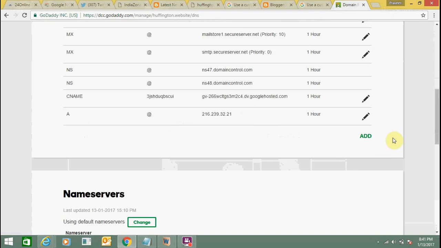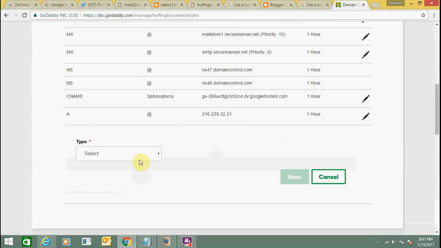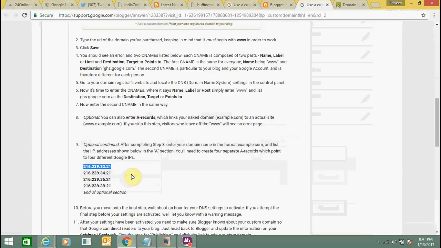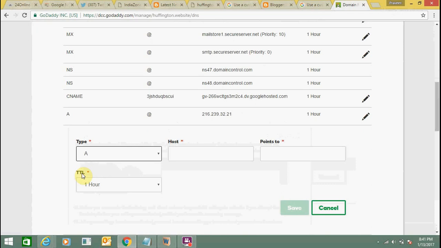Click on save. You need to do it 4 times. Again A record, select the second one, enter @ and point to this.